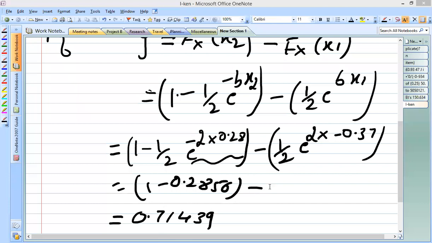Similarly, for the second term, 2 into 0.37 is 0.74. So e to the power minus 0.74 is 0.477. When it is divided by 2, it will be giving the answer as 0.2385. So now here we already have the answer for this minus